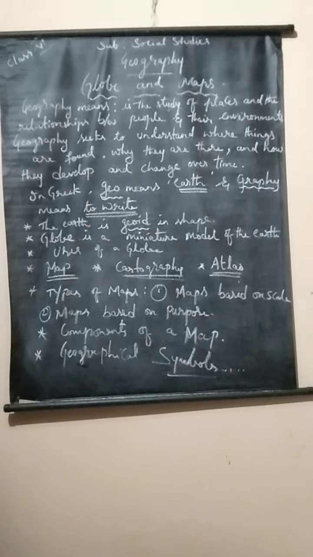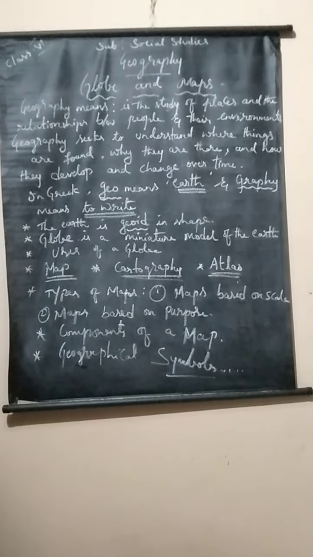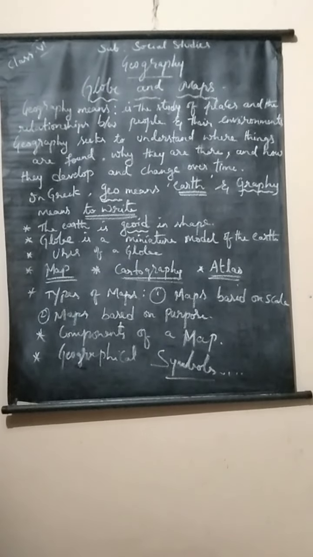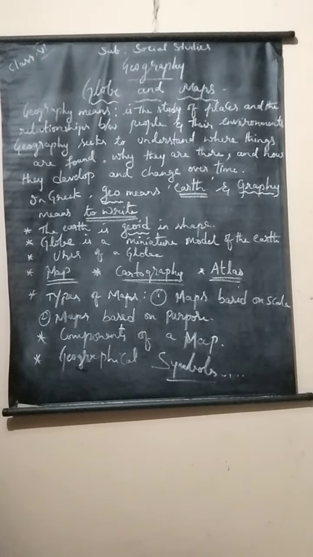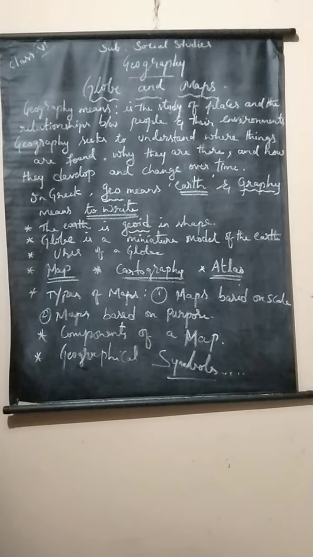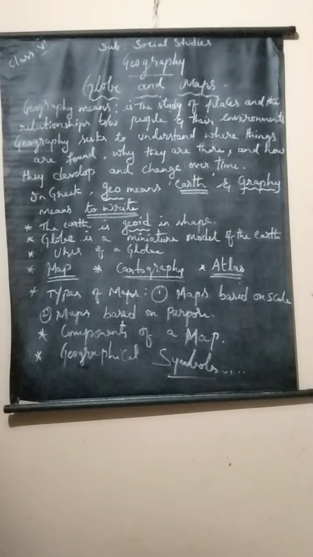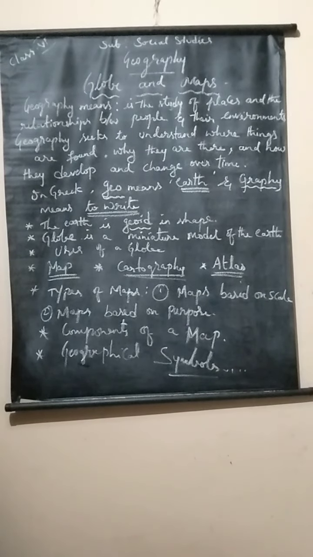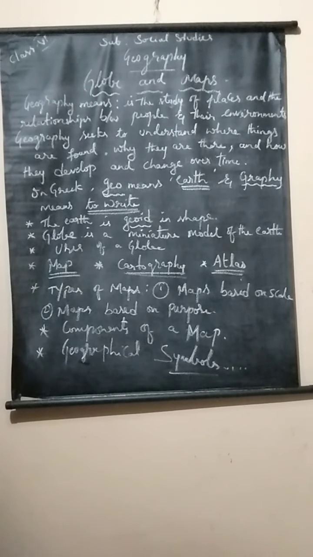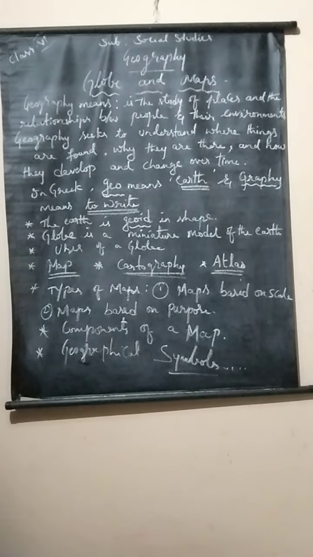Blue color for water bodies like oceans, seas, lakes and rivers. We can see on the map blue color they use for these water bodies, and green color they use for lowlands and plains, and yellow color for highlands